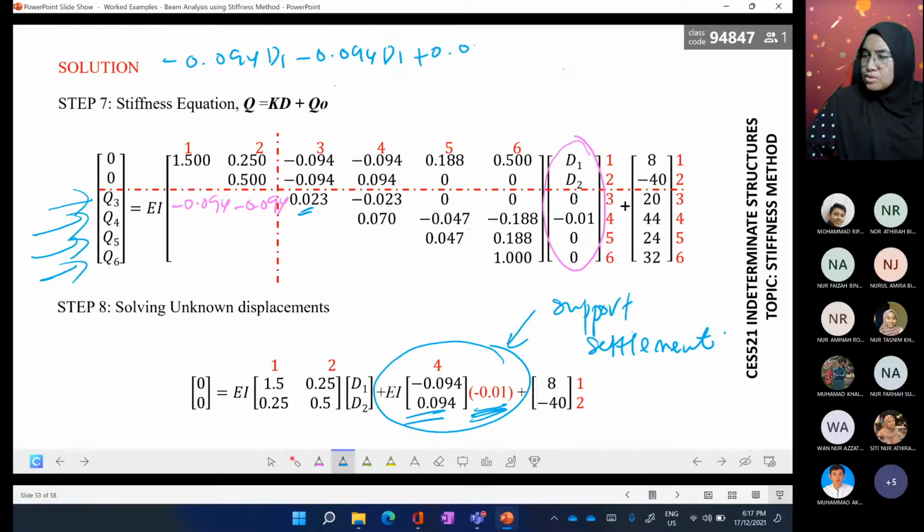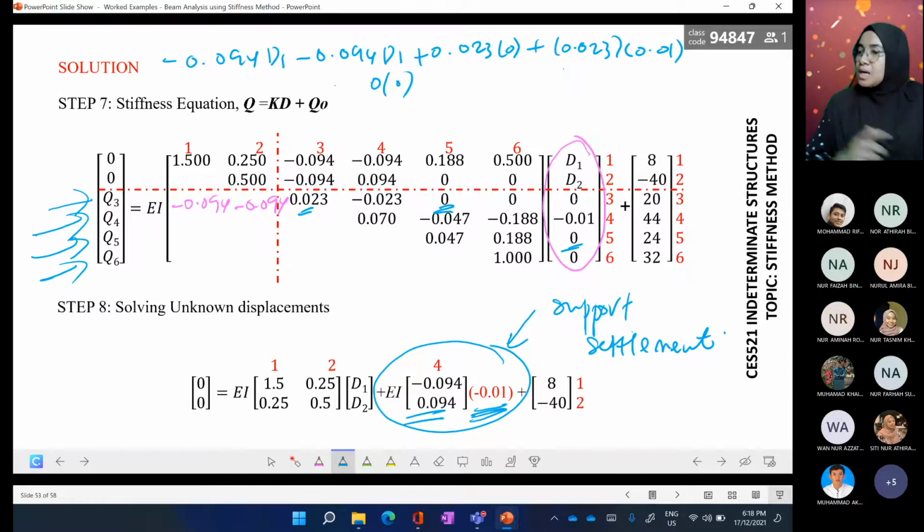Yang ni pula 0.023 kali dengan apa? 0 kan? Nampak tak? 0. Lepas tu tambah lagi, sini tolak tambah. Okey, kita buat positif lah. So it is 0.023 kali dengan 0.01. Yang tu 44. Sekarang continue dengan 55. 55 we have 0 times 0. Sini 0, sini pun 0. Tambah lagi yang ni 0, 0. Yang tu untuk Q3. So bila kita cancel yang 0 ni,